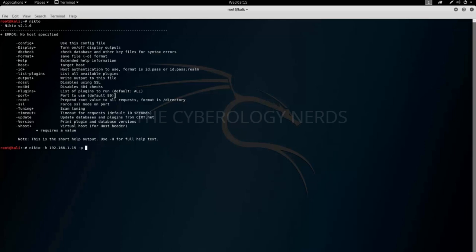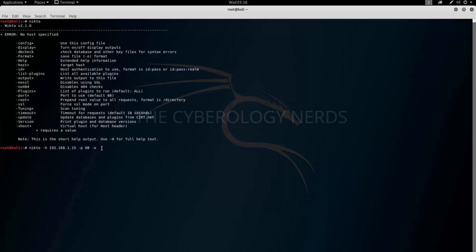Now let's say, for example, we want to scan port 80, since my Apache web server is running on port 80 on my laptop, and we want to save that into a file. Now how do we do that? With the -o option. Let me just check here if it really is -o. I'm not seeing it right here. I believe it is. Yes, it is output, so we'll just type here -o, and we will name a